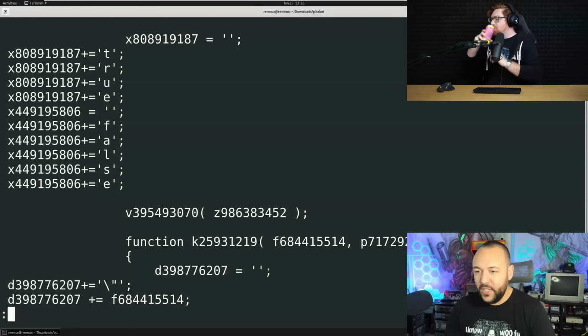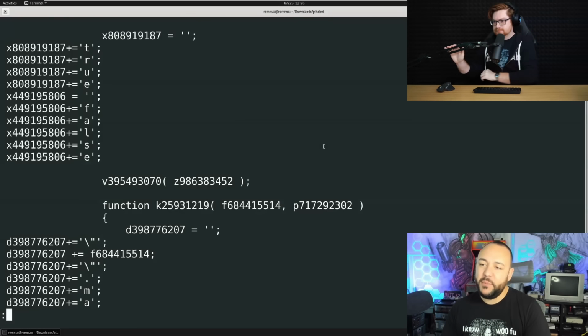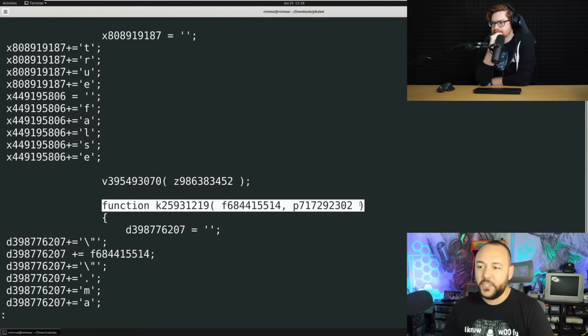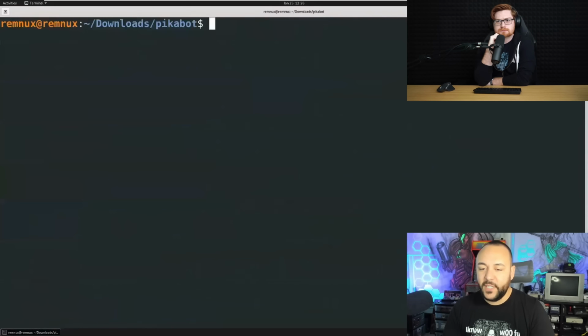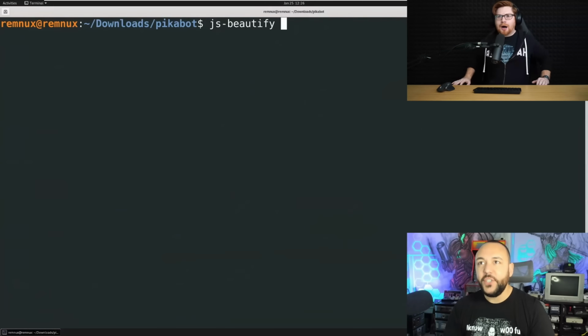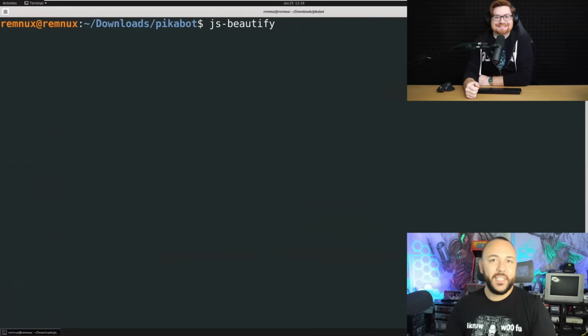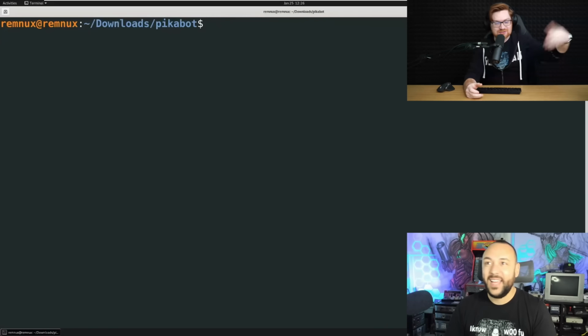Before we do that though, you'll notice that the code is not necessarily cleaned. Some people would call it a linter that has not been run on it. We have a function here, but it's tabbed over to the right, and I don't want that. I want it to look pretty. So there's a tool that comes with Remnux called JS Beautify. We can use JS Beautify to make this prettier, more appealing and easier to read. You're blowing my mind right now, because I would just cut through it manually.